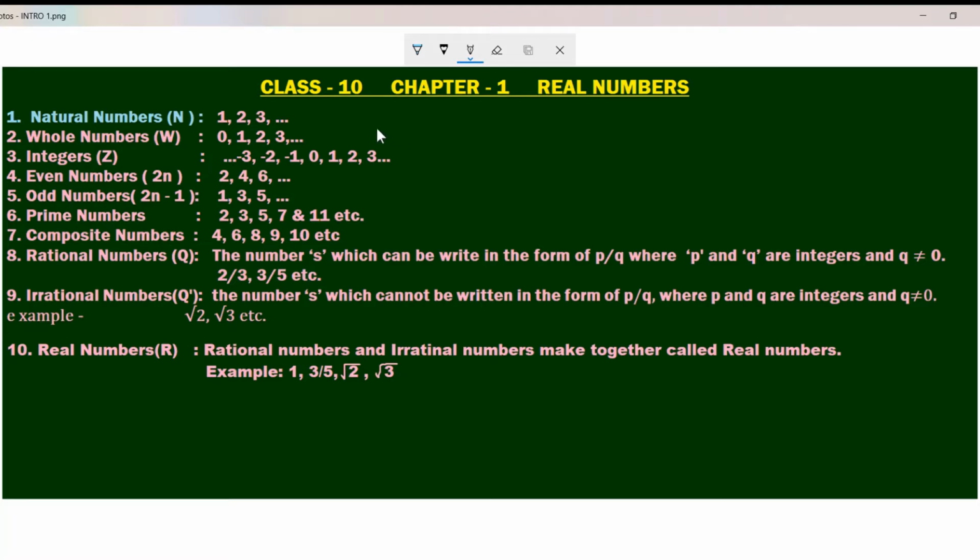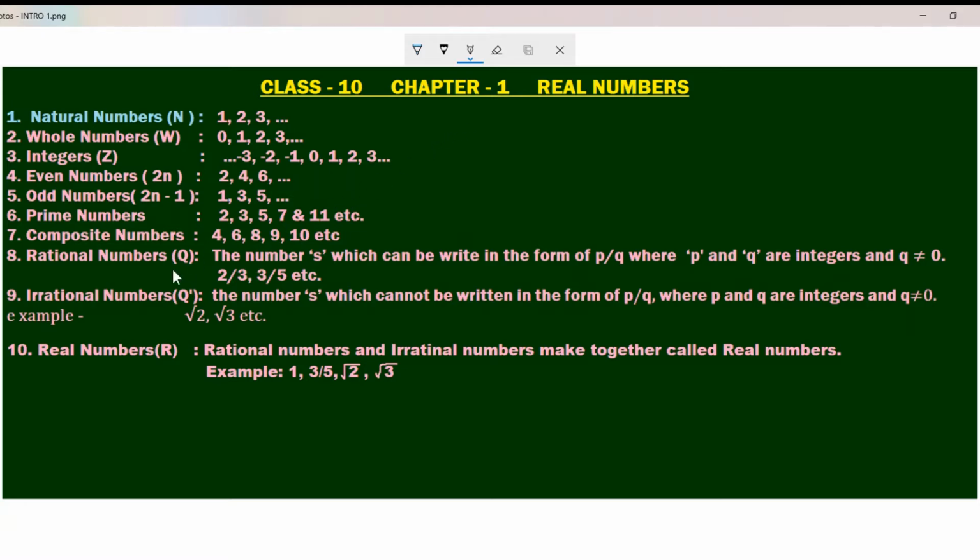In this class, we are going to see class 10, chapter 1, real numbers. This is an introduction class. In this class, you are going to get clear knowledge about what is real numbers and what is Euclid's division lemma and algorithm and how to use division lemma to find out the HCF of given two numbers, and then